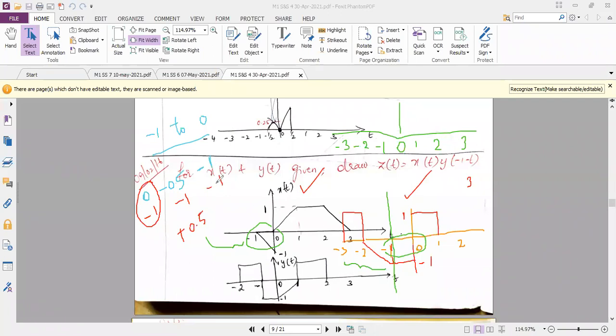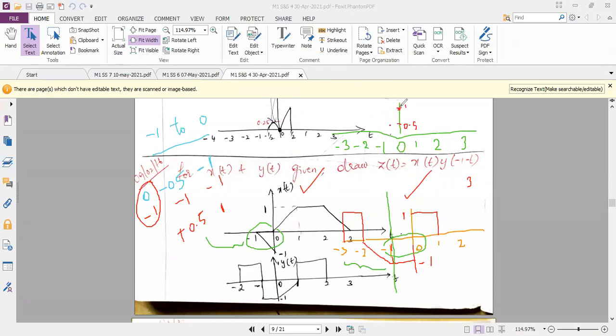and here if I multiply, it is 1. So now I have to show that in the final signal. So in the middle range, I'm getting the amplitude as 0.5. So let me mark this point. This is 0.5, and this is 1. So in the middle range, my amplitude is 0.5. That means here it is 0.5, and at 0 it is exactly 1.